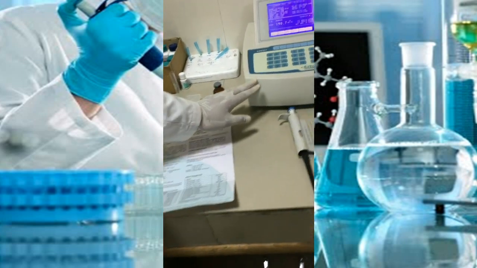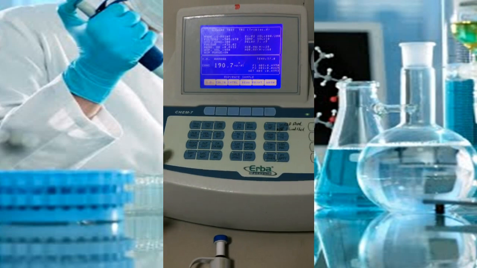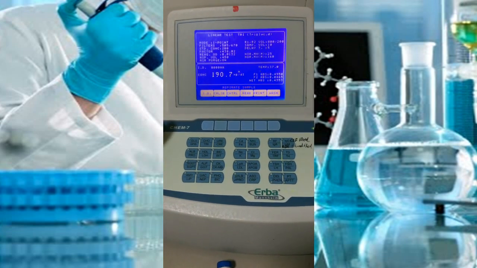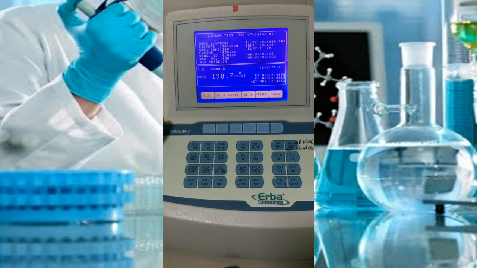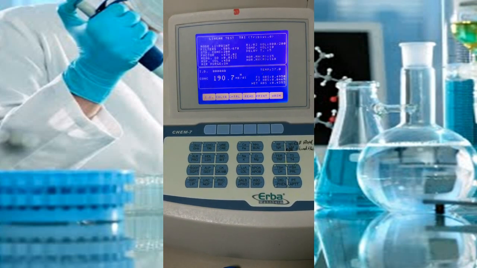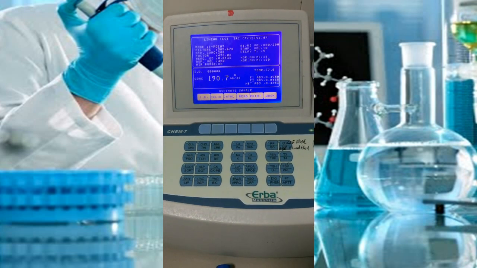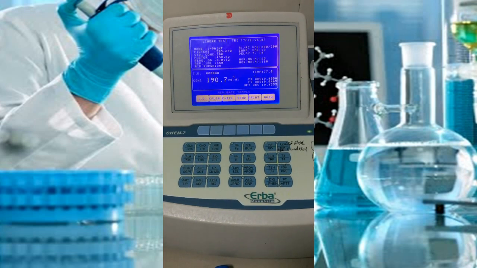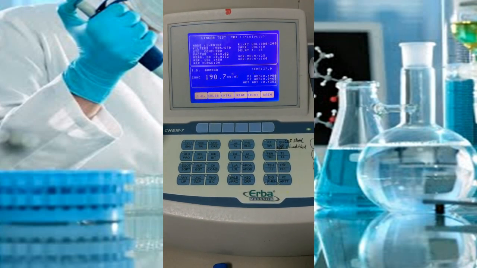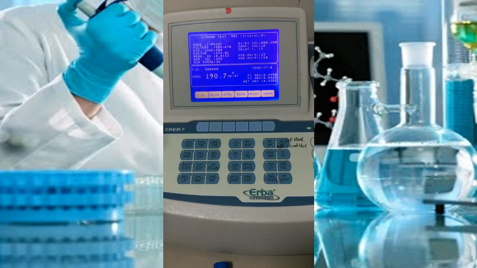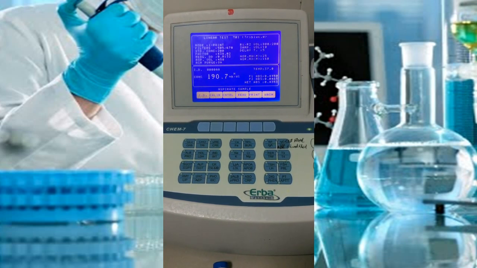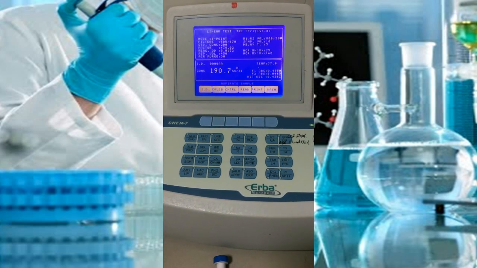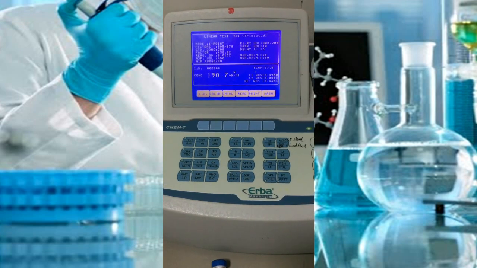This machine runs by the same principle. It follows the principle of Beer's and Lambert's law. You know very well what Beer's law is. Beer's law states that when a parallel beam of monochromatic light passes through a solution, the concentration of the solution is directly proportional to the substance which we want to measure that is present in the solution. And Lambert's law says that the concentration of the solution is directly proportional to the path length, which is nothing but the thickness of the solution.